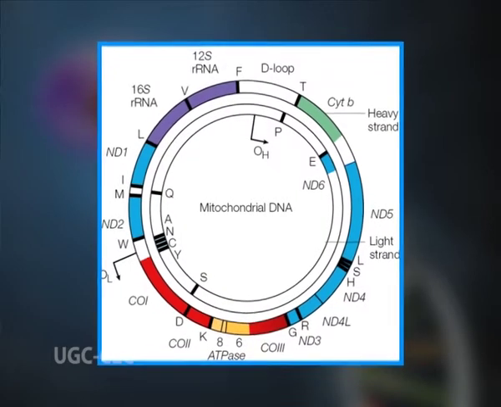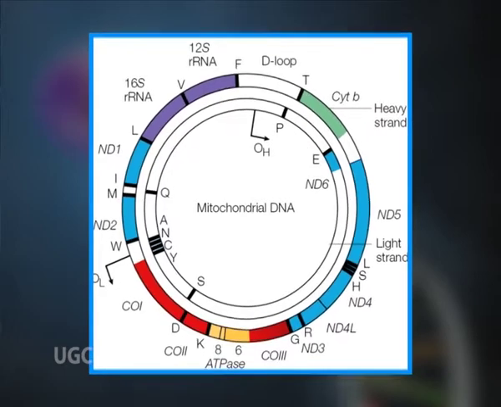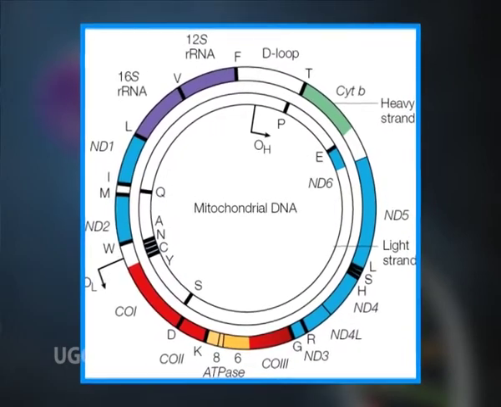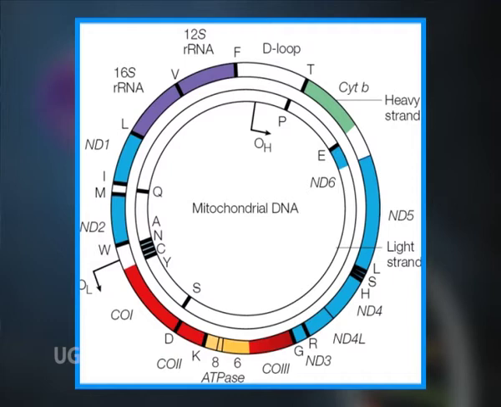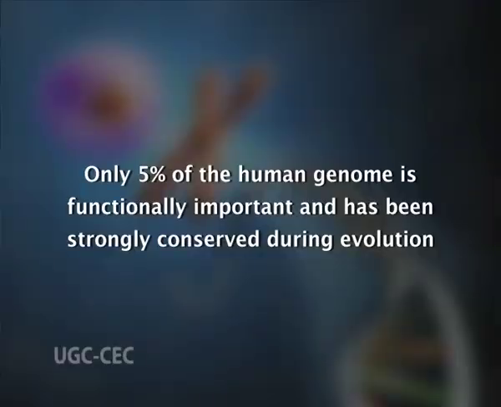The mitochondrial genome is a small circular DNA which encodes some components needed for mitochondrial protein synthesis. However, the nuclear genes encode most of the mitochondrial proteins, which are synthesized in the cytoplasm and then imported into mitochondria. It is presumed that only 5% of the human genome is functionally important and has been strongly conserved during